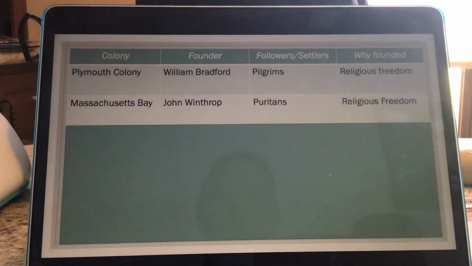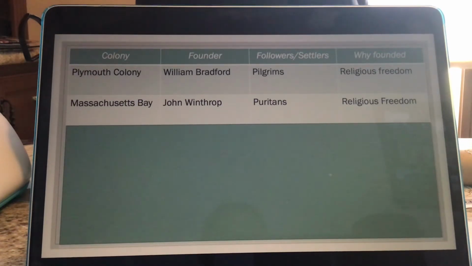And then he talked about the Massachusetts Bay Colony with John Winthrop, and they were the Puritans. So their beliefs, again, they wanted to focus on their religious beliefs, kind of do their own thing in that colony as well. And we're going to look at that chart on your paper that also compares the Pilgrims to the Puritans and how they were very different. So these 2 groups of people settled this Massachusetts Bay Colony, and then from there, on the video, he showed you how it continued to grow out.